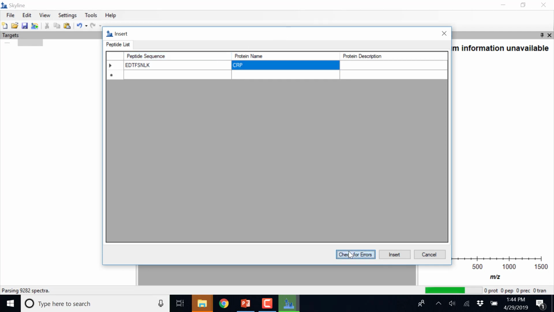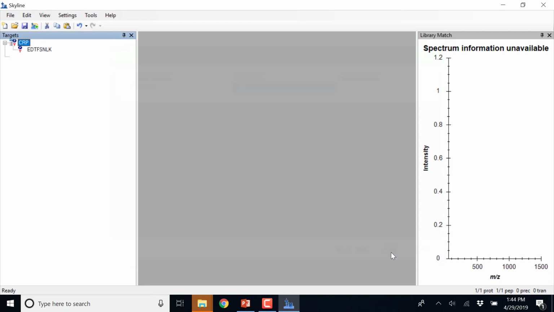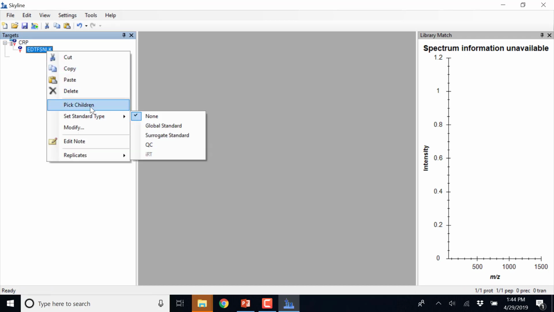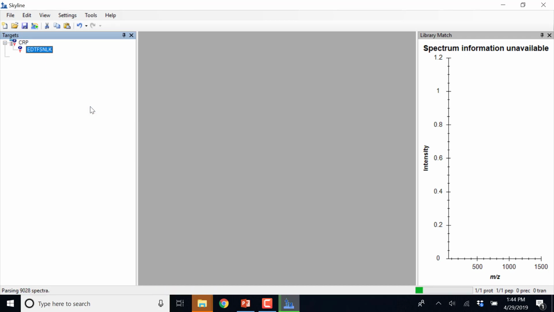So this is one. You click check for errors. No errors. Insert. So it put the peptide sequence in there. But it doesn't really have any way for us to monitor it because it's just the peptide sequence. So if you right click and go pick children,